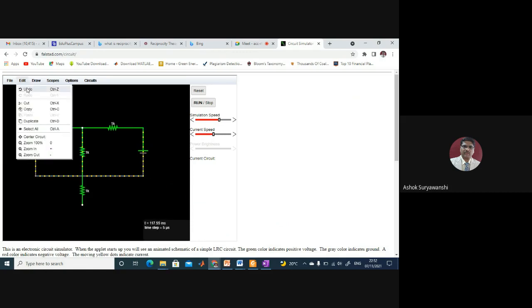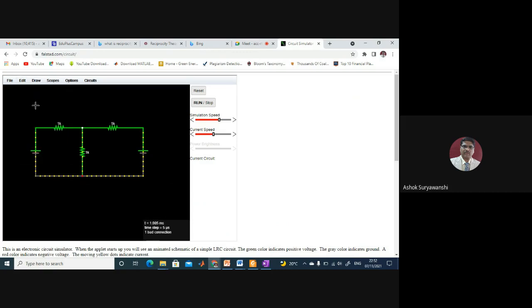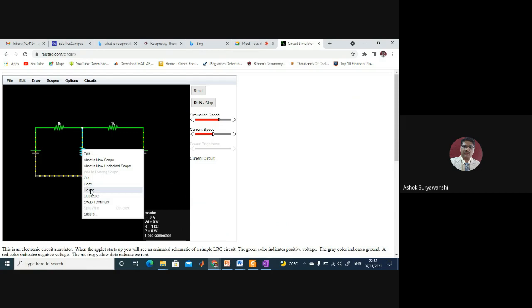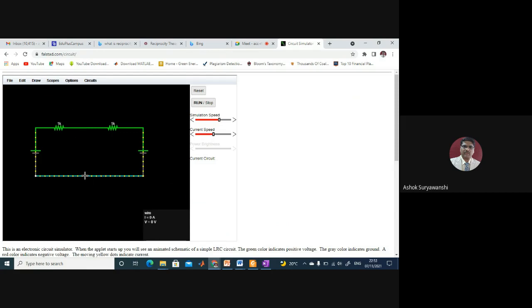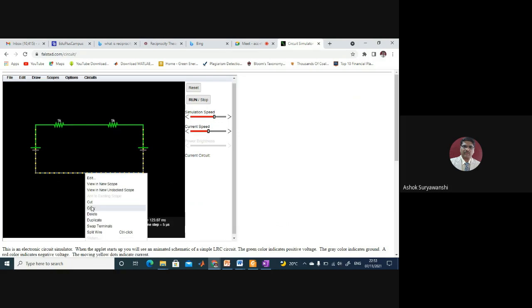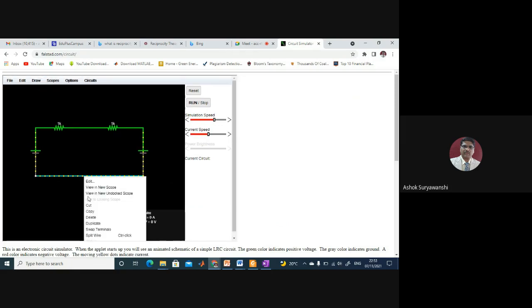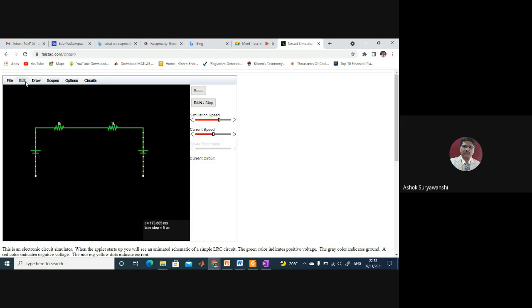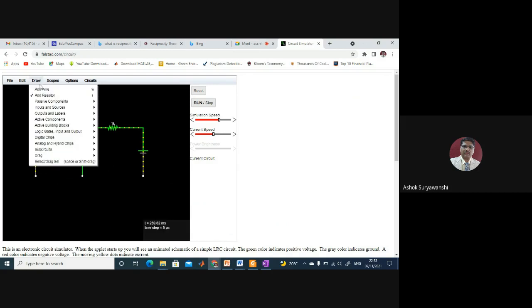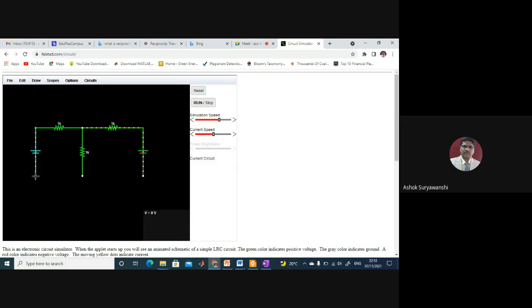Okay, so I have to deselect this. Undo. This resistor again, delete it. Okay, so here what we'll do, we'll just delete this wire and then we'll make the connection with the resistor first from this white dot here, and then using the wire, add wire, then left click and then join this point first.